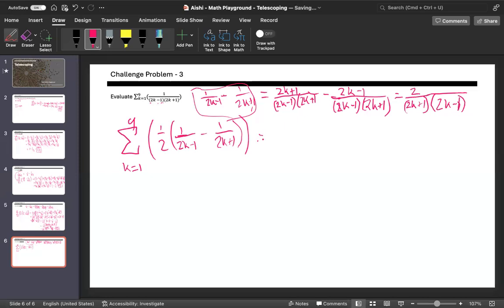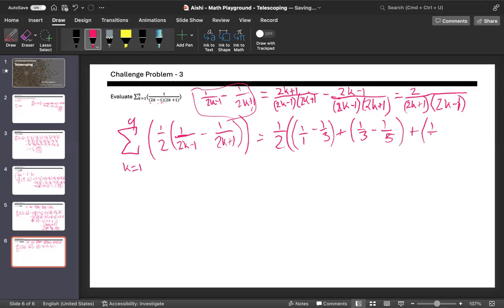So like the last one, we can take half out common times, my first one would be 1 by 1 minus 1 by 3 plus 1 by 3 minus 1 by 5